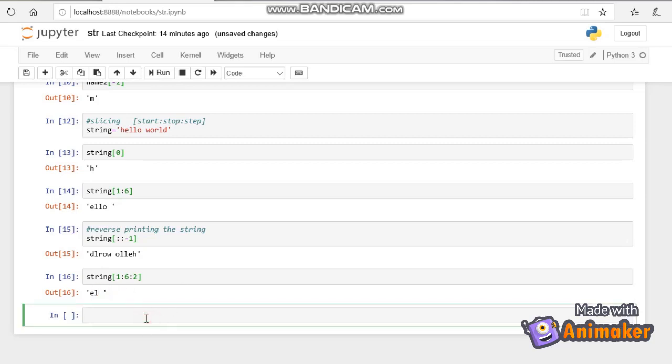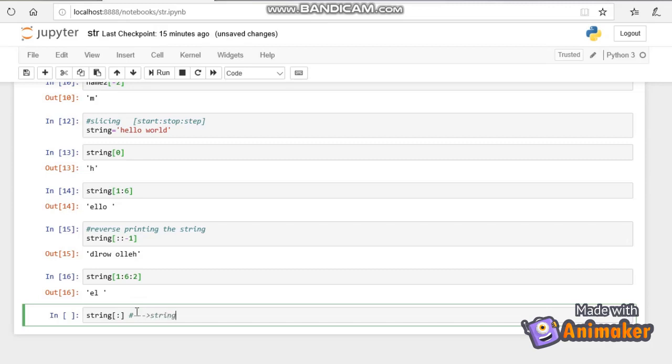Suppose we want to print the whole string, we can give this one, which is the same as the string.